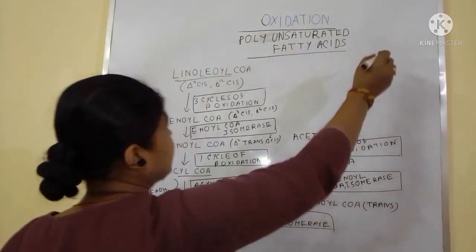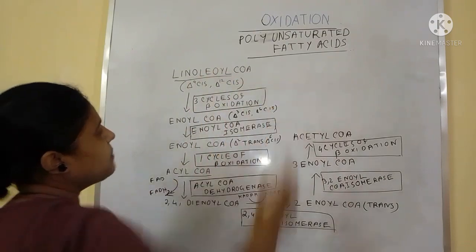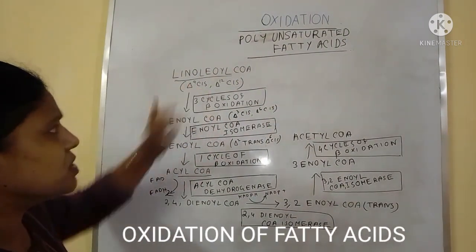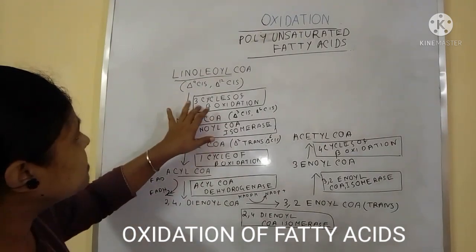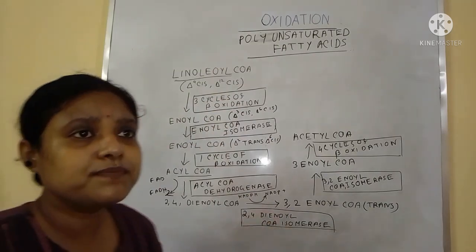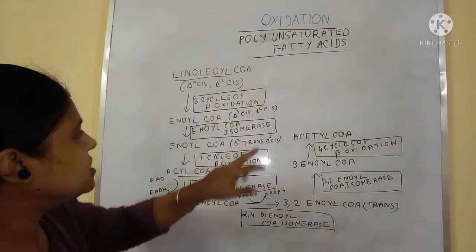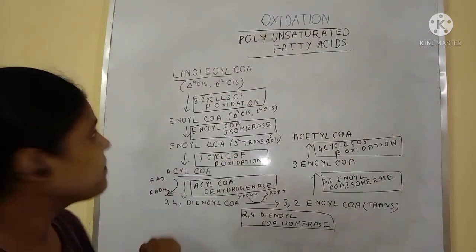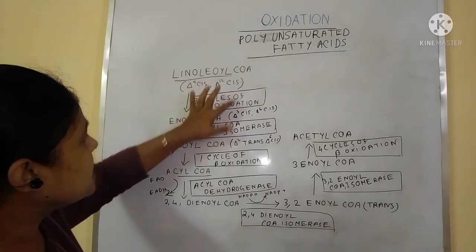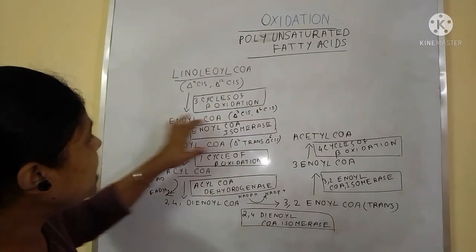This linoleoyl CoA remains in cis position. So after completion of the 3 cycles of beta oxidation, to continue this reaction it must change to the trans position. When it forms the enoyl CoA,